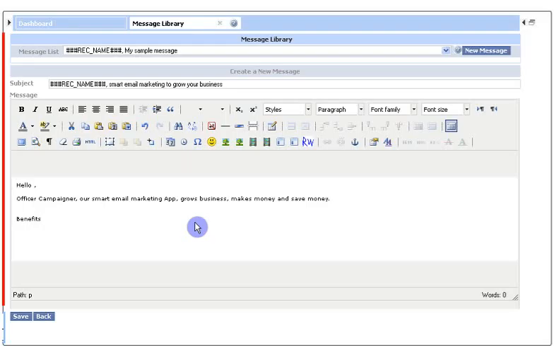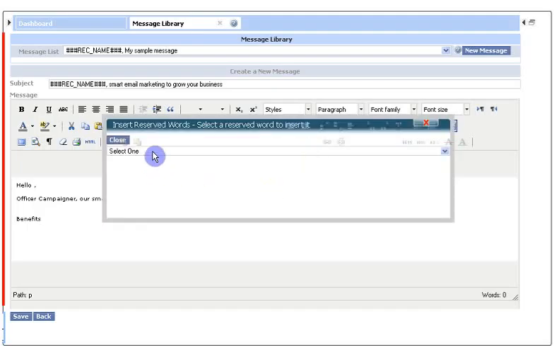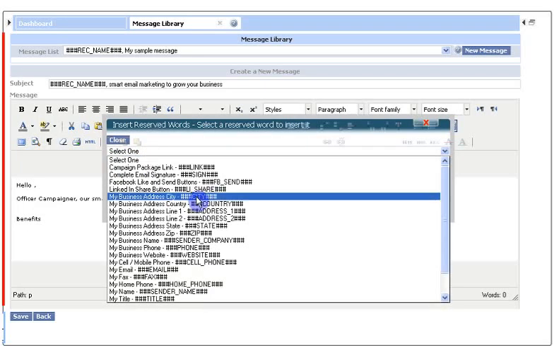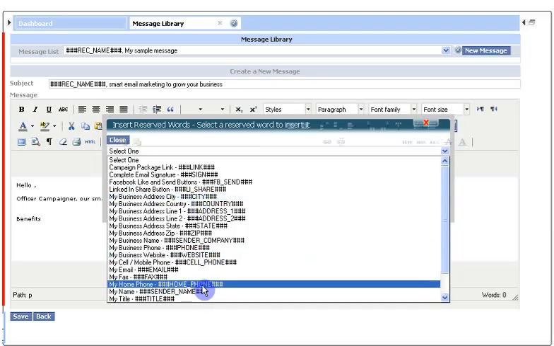In here, first we will define the text we entered. We will define the text font, size, and then colors, and move on to the next steps. Let's first insert the reserved words here to make the message personalized. Go to the RW the way we did it before and pick up the prospect's name reserved word by navigating